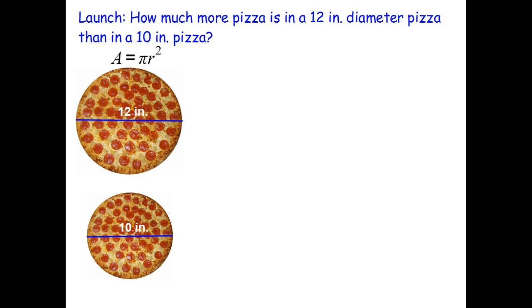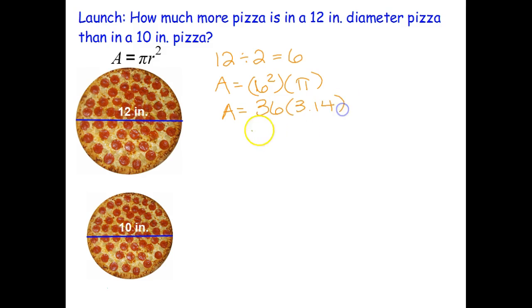So today we're going to talk a lot about area. The question is how much more pizza is in a 12-inch diameter pizza than in a 10-inch pizza. So again here, since 12 is our diameter, the first thing we need to do is take 12 divided by 2 so we can find the radius. And then to find the area, we would take 6 squared times pi, or times 3.14. So A is equal to 36 times 3.14, which is equal to